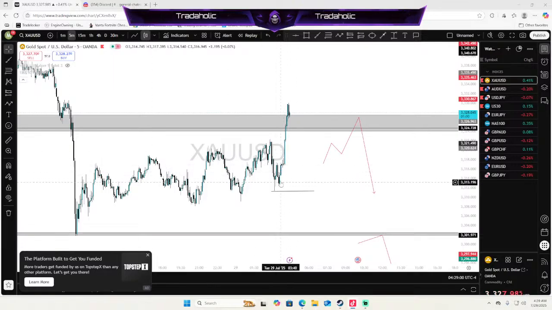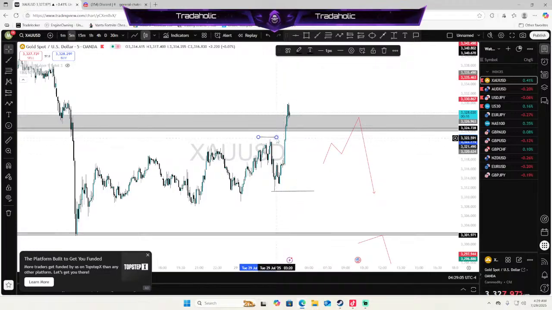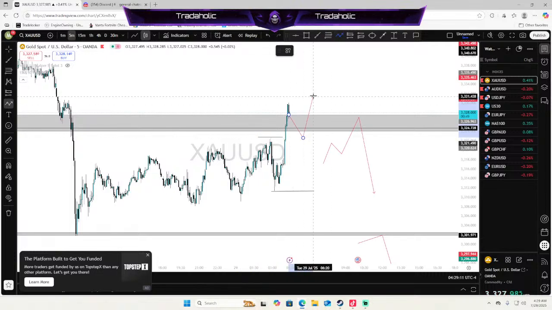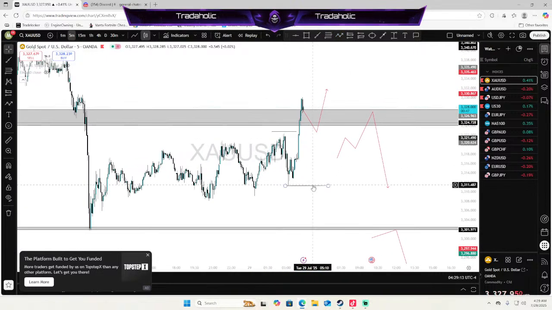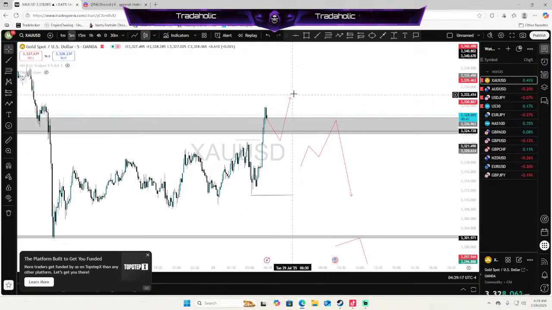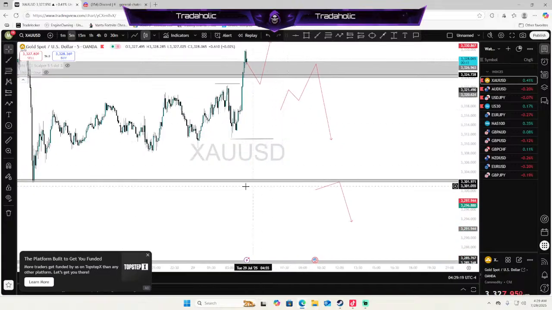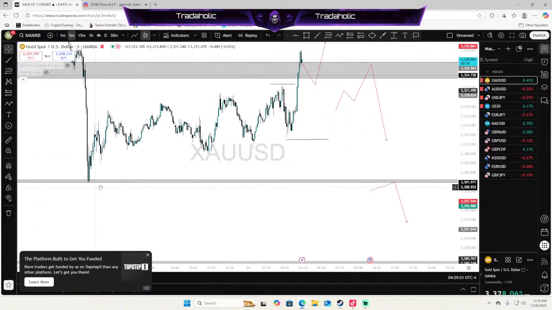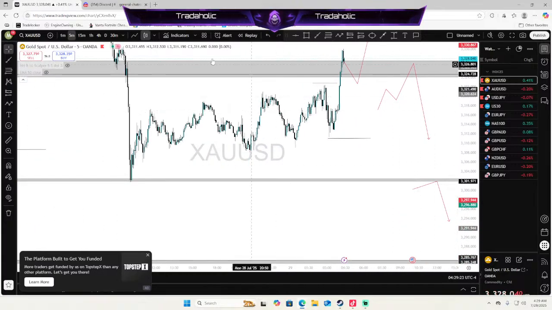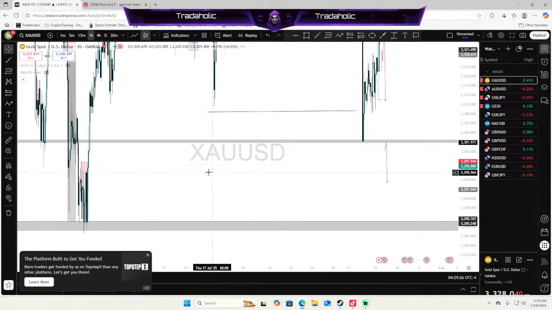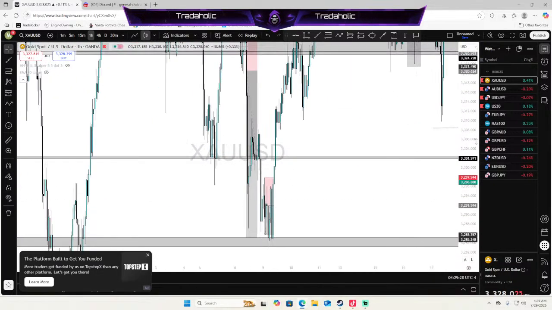But for what I'm waiting for on gold, we just made a new high right over here as price gives us this market structure shift. I mean, just a break of structure right over here where we made a new high sitting right up here. I'm waiting for price to create a higher low below this level, create a new higher high. Then I will take a sell as we take out that higher low that's created somewhere up here. Then I will look to have a stop loss above whatever high is created all the way up here, and I'll look to target my first level, which will be this previous level of rejection right over here on this 5-minute chart. Then looking at the 1 hour level, we're looking to target these lows back down over here.